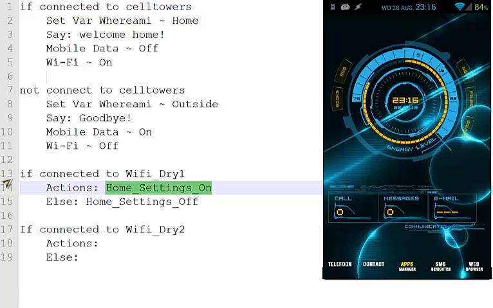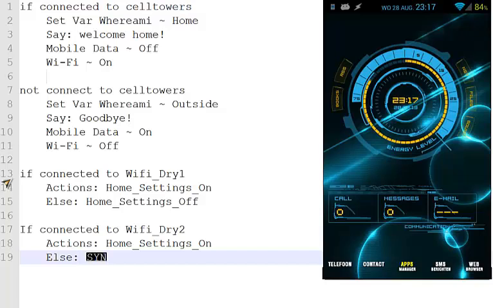And those actions are the same when I'm connected to my other Wi-Fi access points. So I hope you get the point of what I'm doing right now. So those home settings are other tasks as well. So we're going further. Like I said, it's getting a little bit complex right now. We have 2 access points right now, and we're gonna do some actions, and those actions are